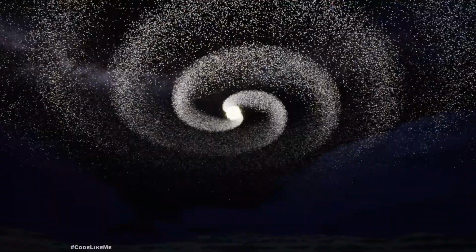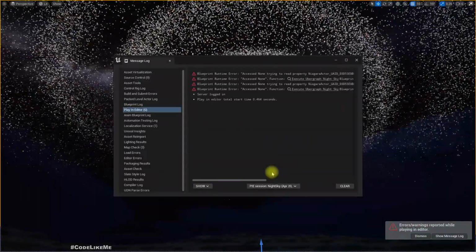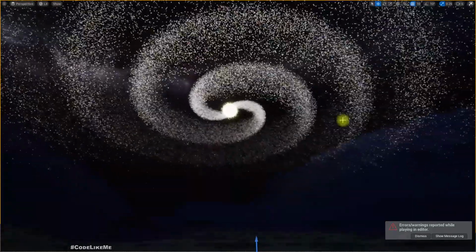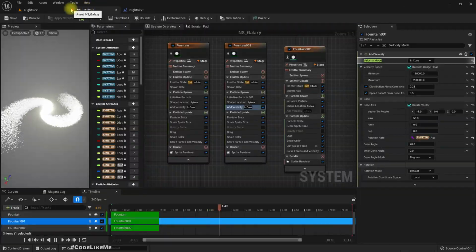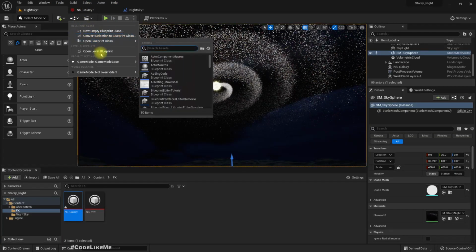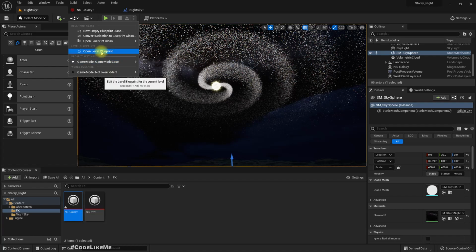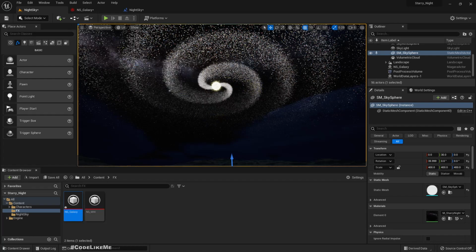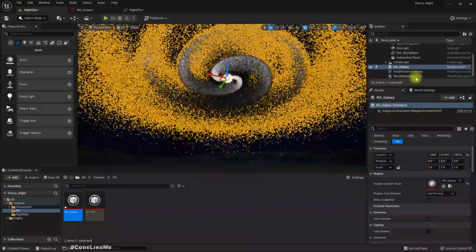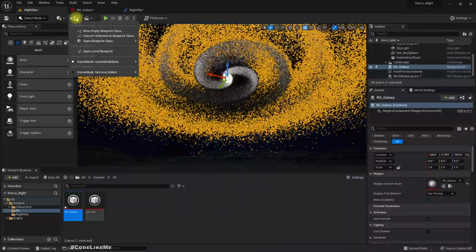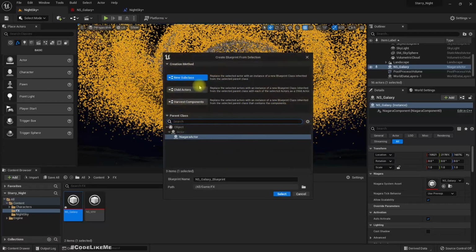So for that, what we can do is, we can go to level blueprint, or no, how about we convert this to a blueprint. Convert selection to blueprint class,